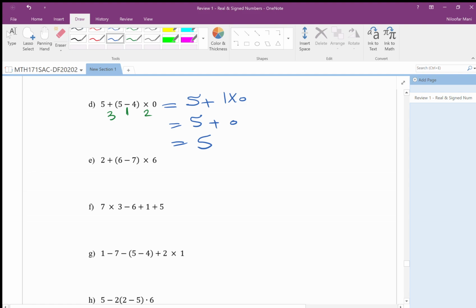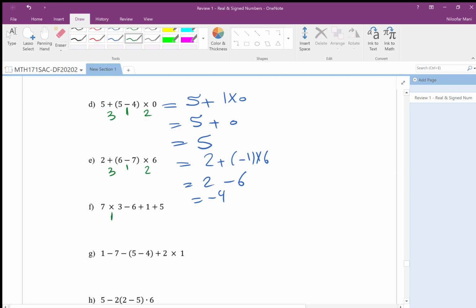That's it. How about the next? The next one is 1 and 2 and 3. So it's 2 plus minus 1 times 6, which is 2 minus 6, which is minus 4. How about next? Again, I don't see any brackets, so I just do multiplication first,